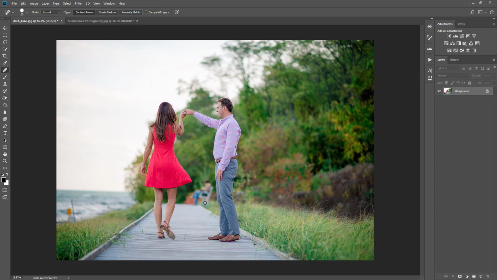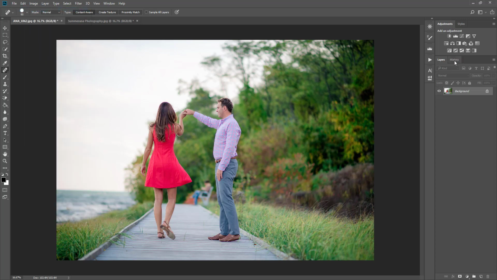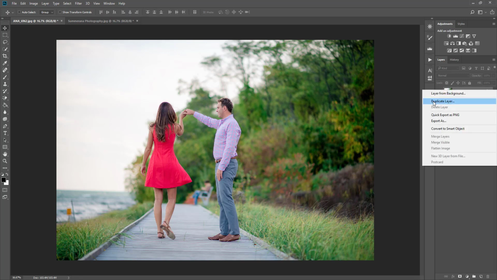So that worked okay for that. And this one, you can do it this way, cloning or the spot healing brush, if you want to. But another way that you can do it is, I'm just going to go back to where I was. Alright, so another way that you can do that is you can right click your background layer and select the